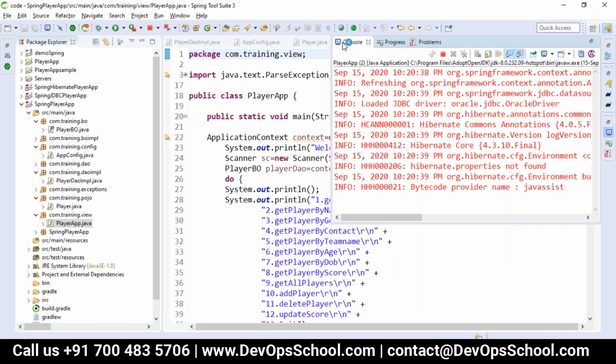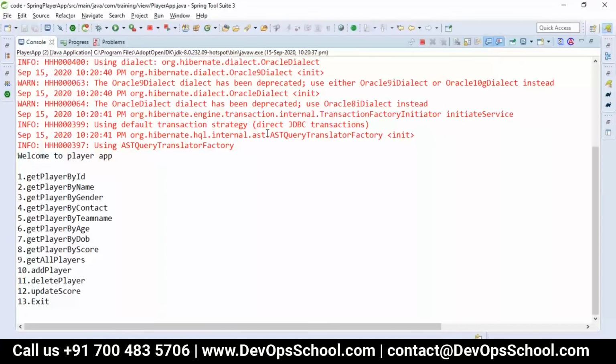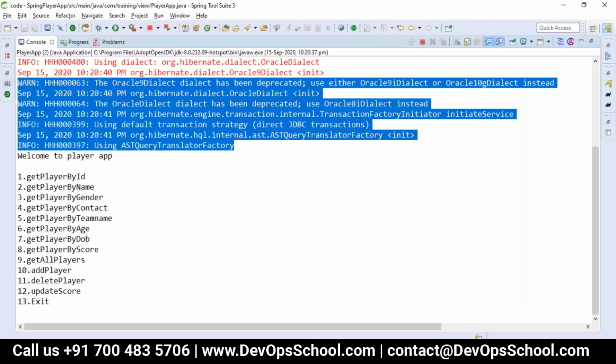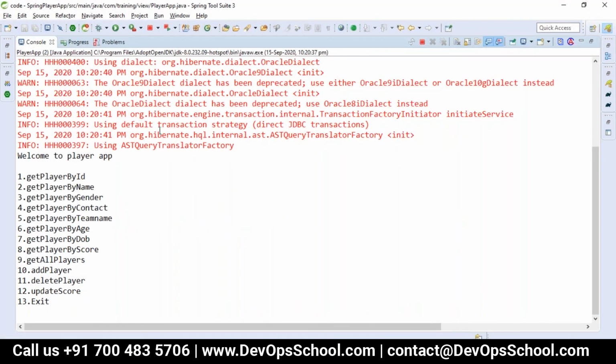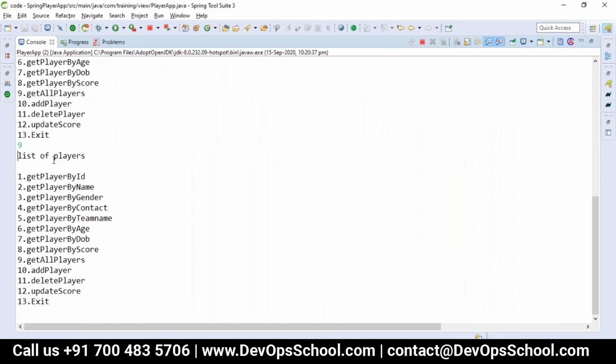Whatever methods you have written, you can see all the Hibernate is also loaded, like you can see the Oracle dialect and the default transaction strategy. And now just give the ninth option, that is, giving the list of players. Why is it not returning?